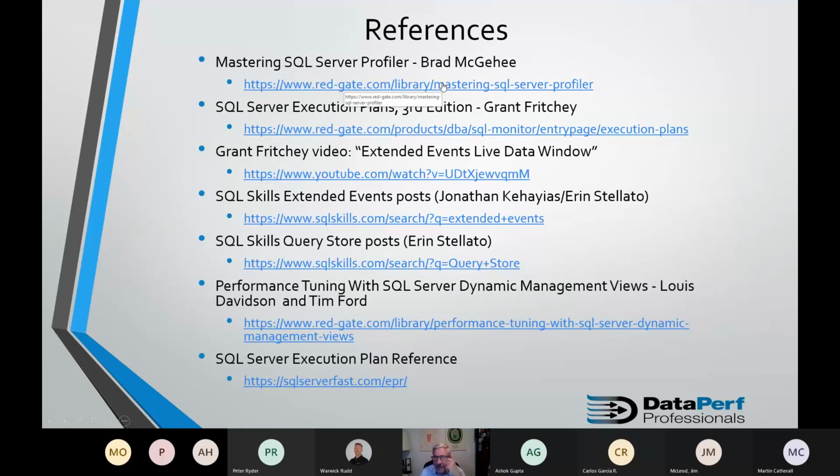Now it's a bit out of date. I think he wrote it in 2008, somewhere around there. But there's a chapter in the book that describes that process of joining the Perfmon and Profiler trace data together in Profiler. So that's the principal reason I included this book, because he describes in detail how to go about doing that.